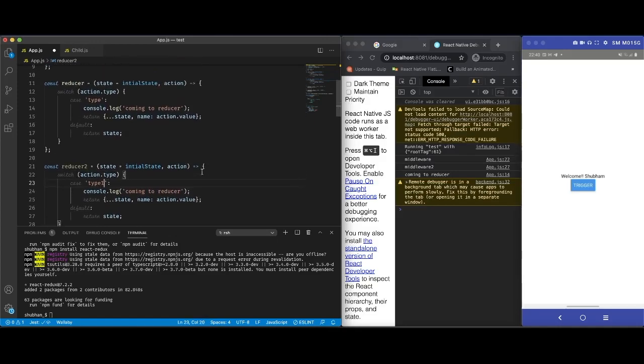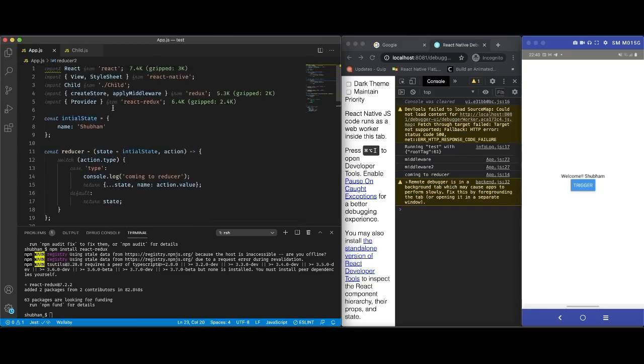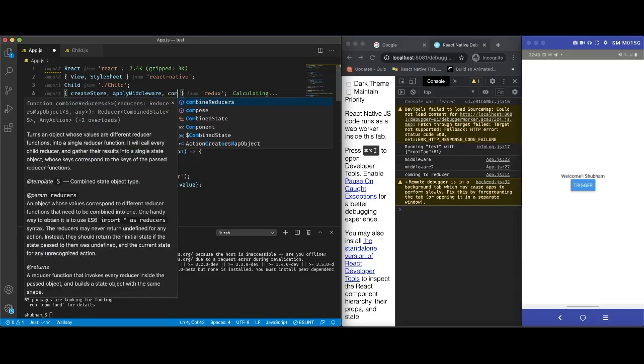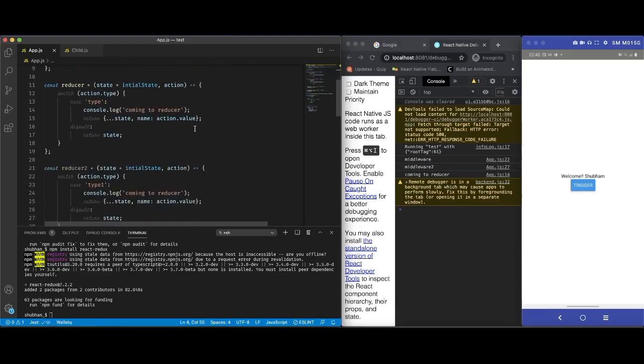Now the question comes up: how do we use these two reducers in the same store? For doing this, we will import combineReducers from Redux. And this combineReducers will help us use multiple reducers in the same store.